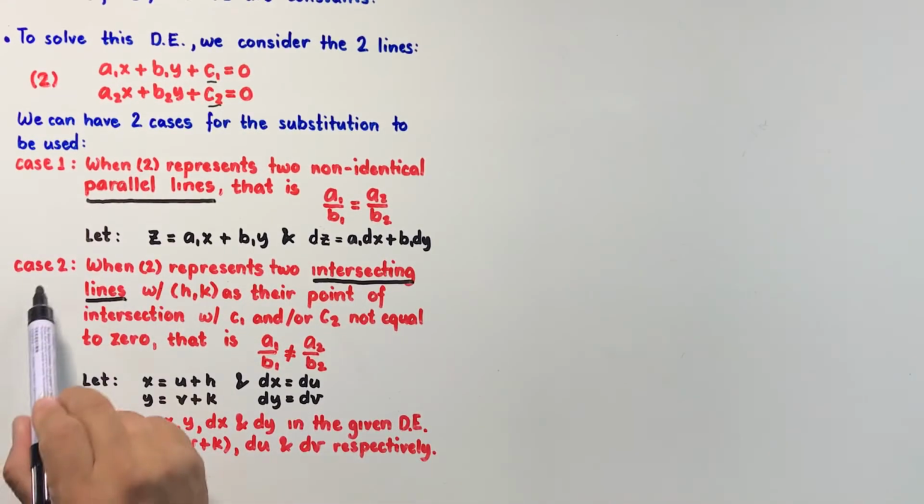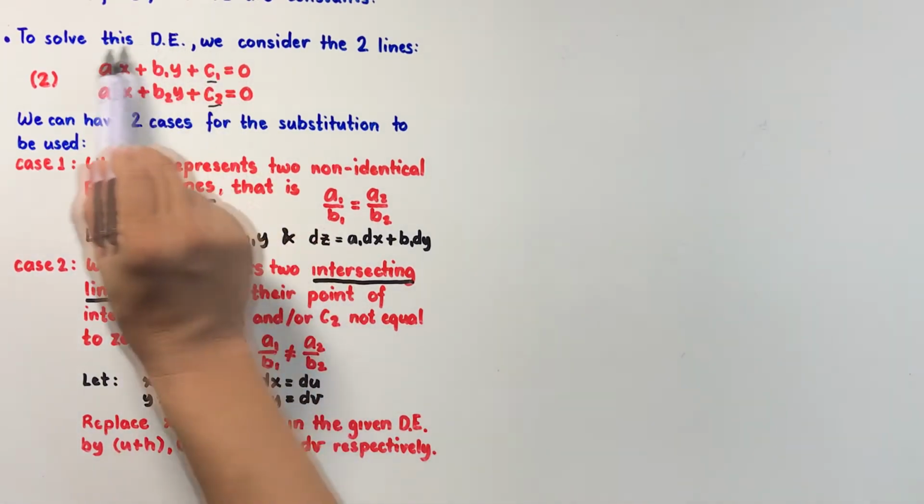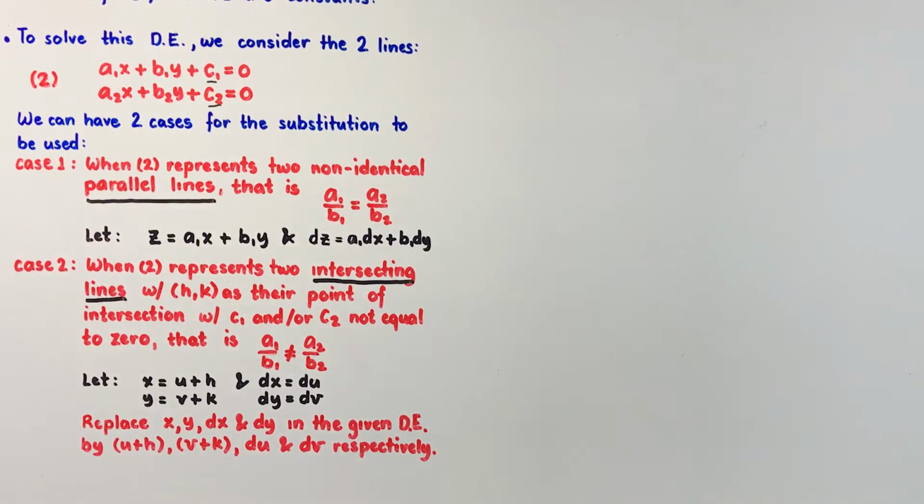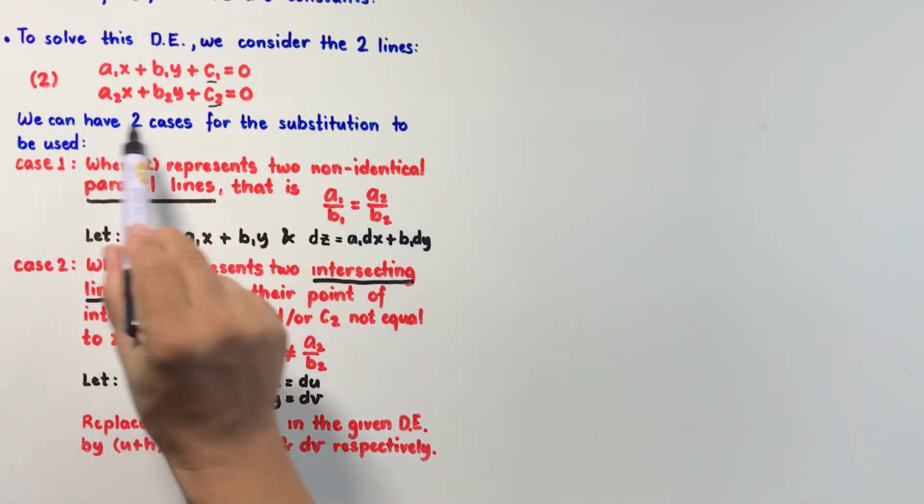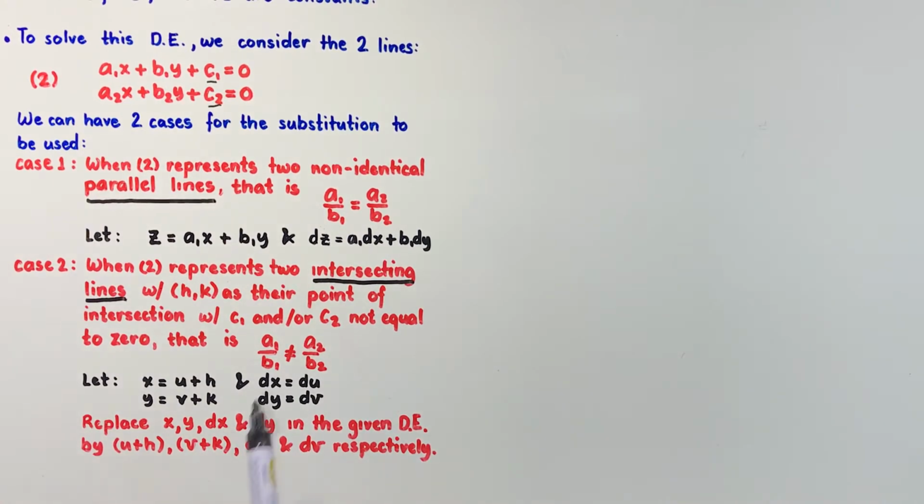And the other case is when these two equations represent two intersecting lines with a point of intersection (h, k), with c sub 1 and/or c sub 2 not equal to 0. How do we know that this represents two intersecting lines? When a sub 1 divided by b sub 1 is not the same as a sub 2 divided by b sub 2. If this is the case, we need to use the substitution x equal to